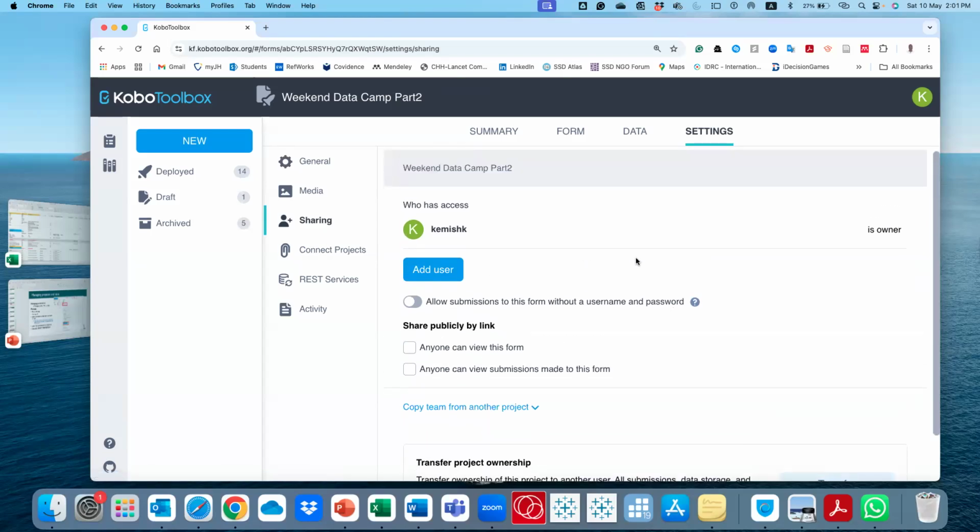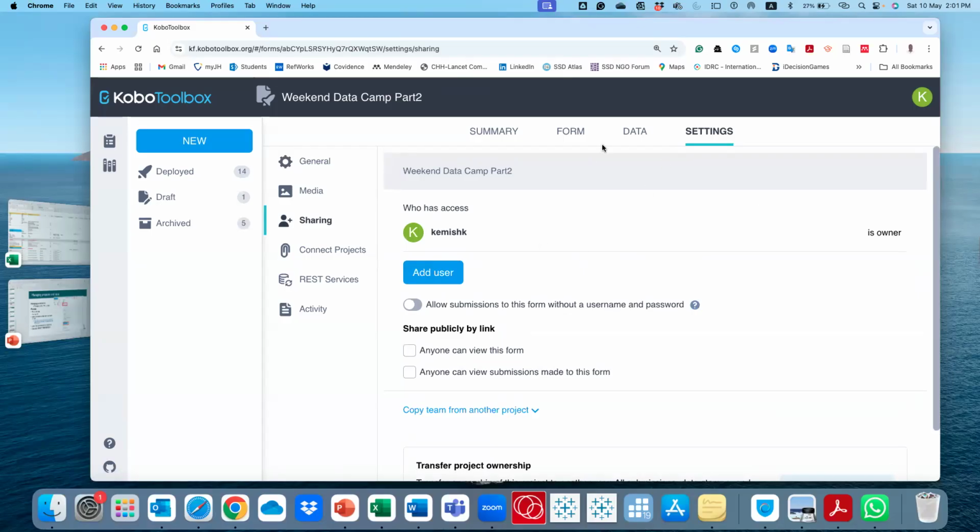So in case you're working in a team, one person will start, and then you can add other people using their username. You search for them using their username. But you need to be in the same server, as we talked about last time, whether you're in the global server or in the EU server. So if you're across servers, you cannot be in the same project. So what you do is, when you want to add...